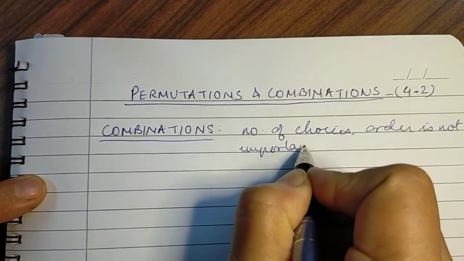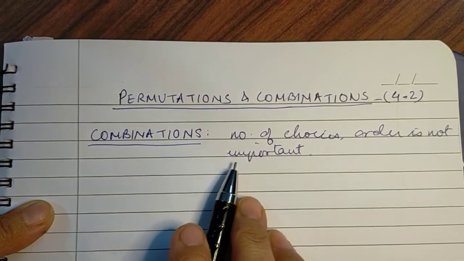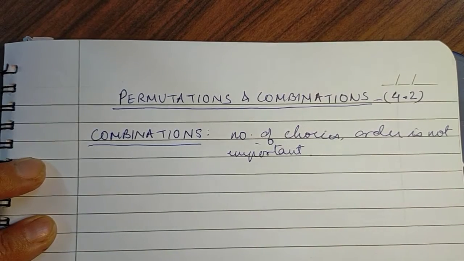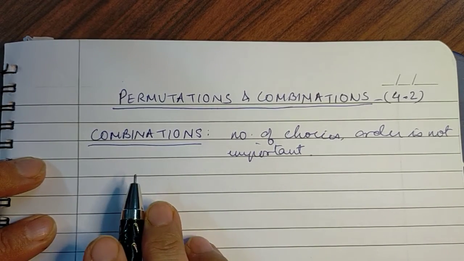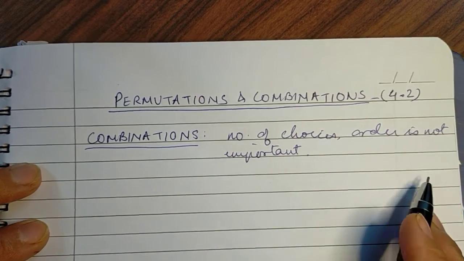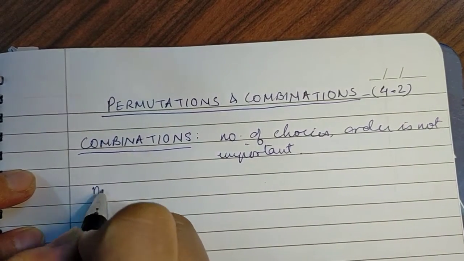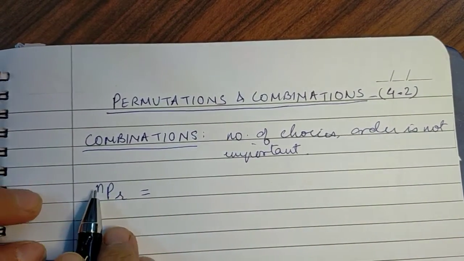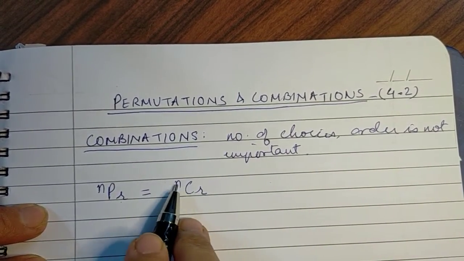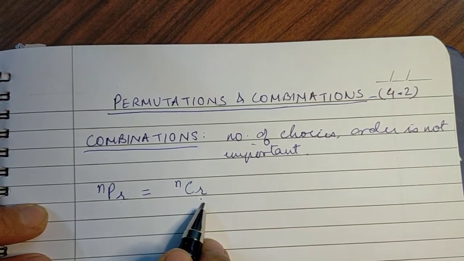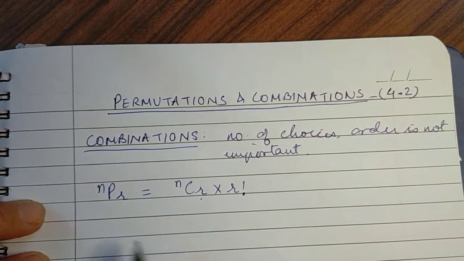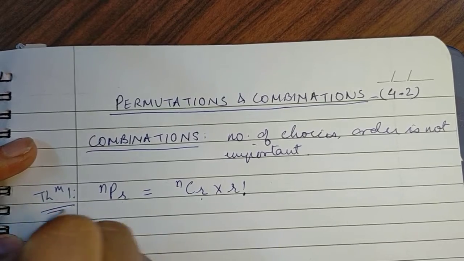Whereas, in comparison, permutation is arrangement in a definite order, and as we had seen, permutation involves two steps. First, the step of combinations, that is choices, and then arranging them. And as we had seen earlier, if we have to find the permutation of n things taken r at a time, it can be taken as the combination of n things taken r at a time, and once we have chosen these r, then we arrange them in r factorial ways. This can be taken as theorem 1.